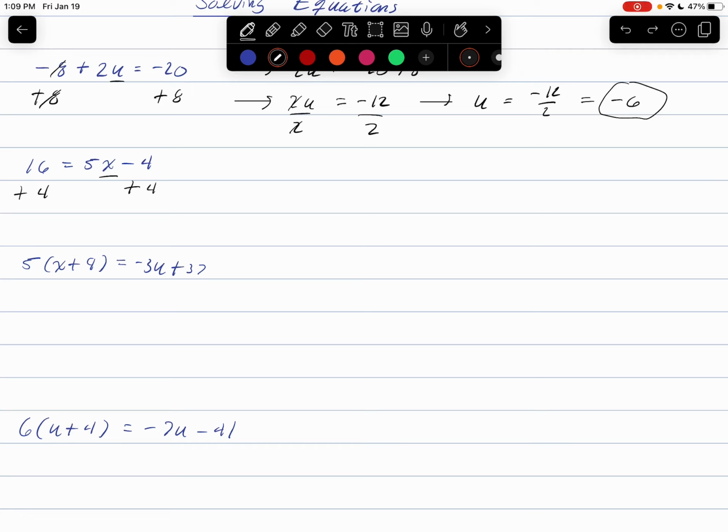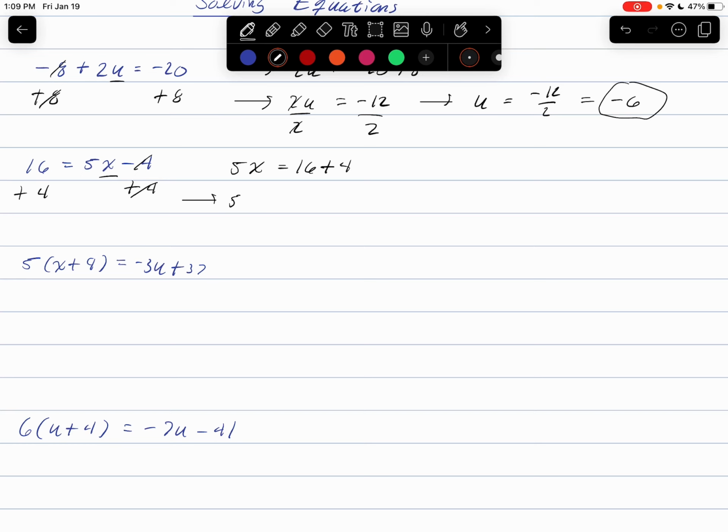So we want to try and make the right-hand side as simple as possible before we do any division. That way we don't have to deal with any messy division problems, okay? So we're going to start by adding or subtracting any constants before we do any multiplication or division. Okay, so we're going to add 4 to both sides, and that's going to give us a cancellation here, and we're going to get 5x is equal to 16 plus 4,